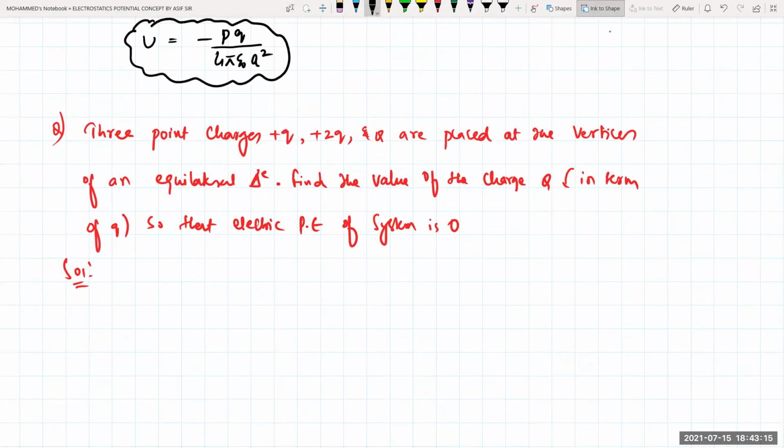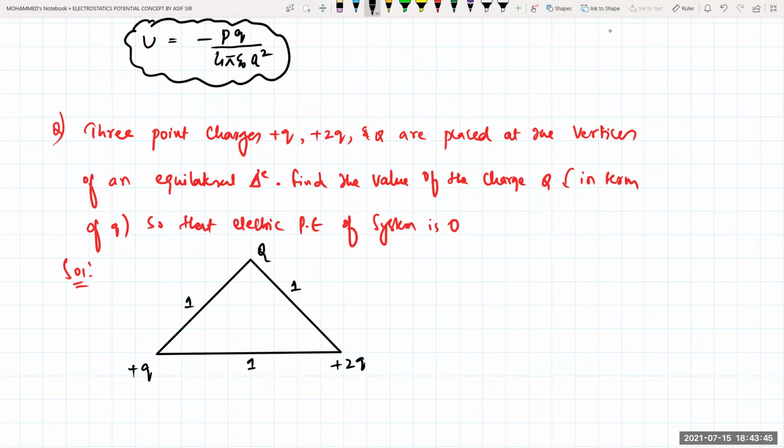Previously we took what type of triangle? Isosceles. Now this is an equilateral triangle. The angle made by this one is how much? In an equilateral triangle, one charge is kept here at 60 degrees. This one is plus q, and another one is plus 2q. No distances are given, which means all the distances in an equilateral triangle are the same. This angle is 60, this is also 60, this is also 60. How many pairs can I make? 3 pairs.